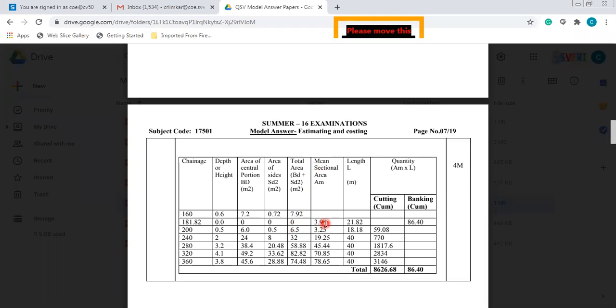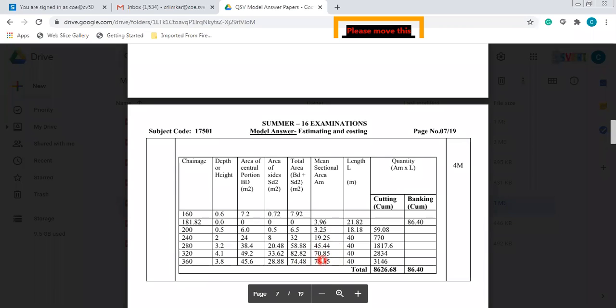You have to take the mean sectional area, that is the mean values of these different areas. 7.2 plus 0 average is 3.96, 0 plus 6.5 average is 3.25, 6.5 plus 32 average is 19.25. Then 32 plus 58.88, average is 45.44. 58.88 plus 82.82, average is 70.85, and 82.82 plus 74.48, average is